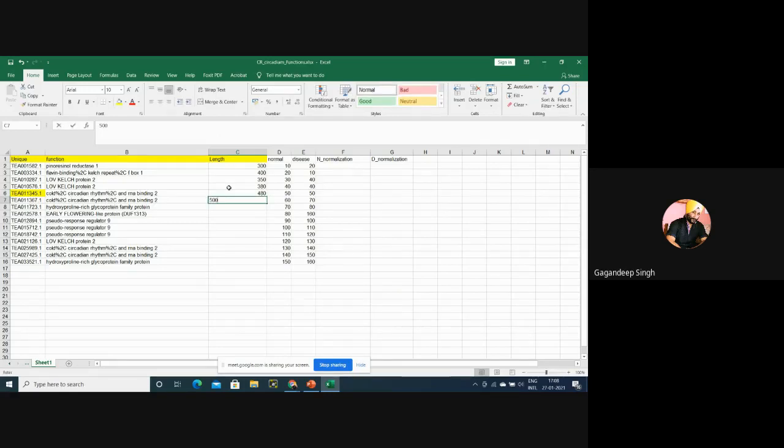Randomly, I am giving some lengths. We can easily calculate the length by typing equals length and mentioning the length here. I'll just drag this.